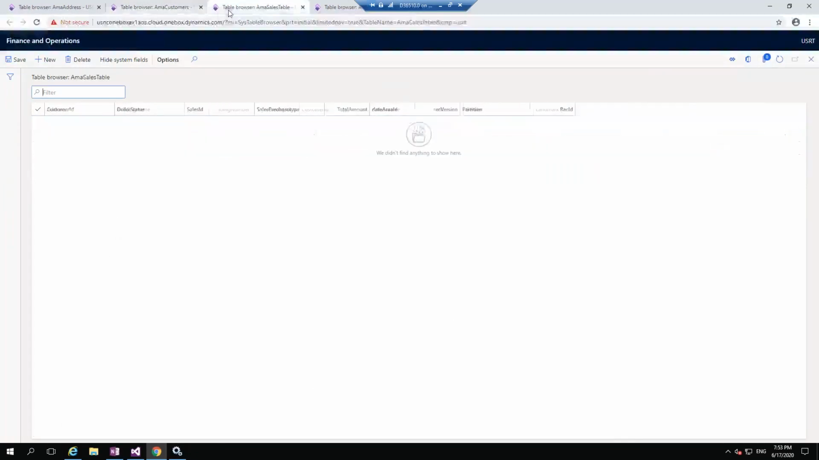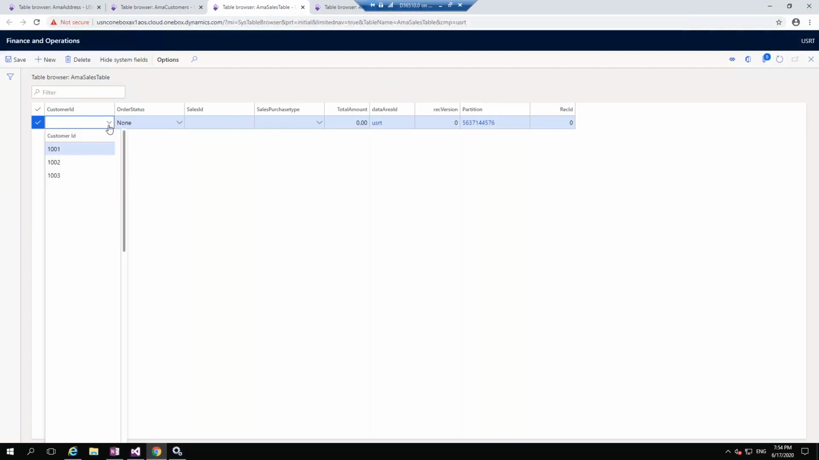Okay. And now here this is sales table. Let me select the new button. Now you can see the customer ID. You are getting only 3, 1001, 1002, 1003. Well, yeah, you are not getting anything else